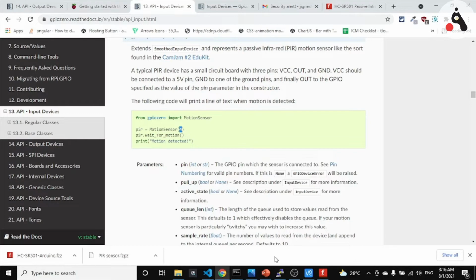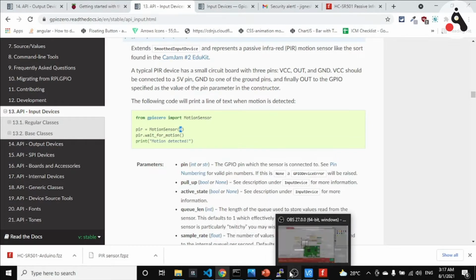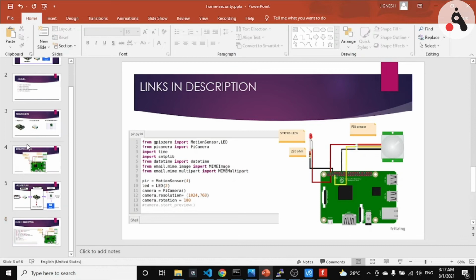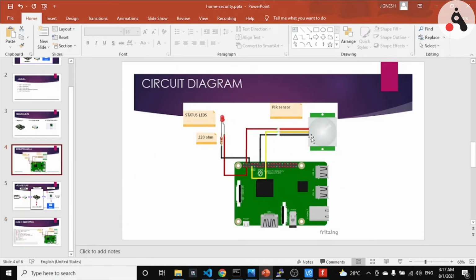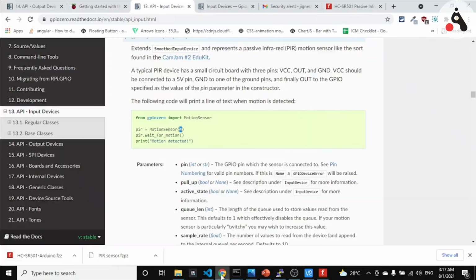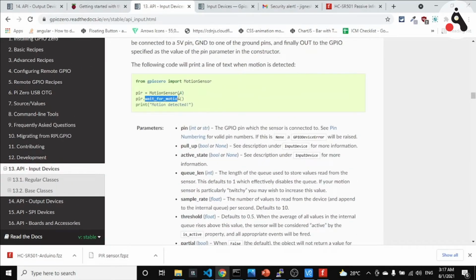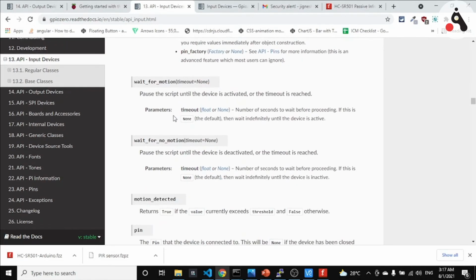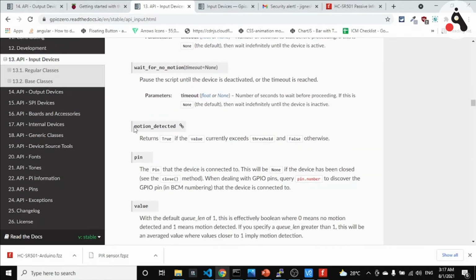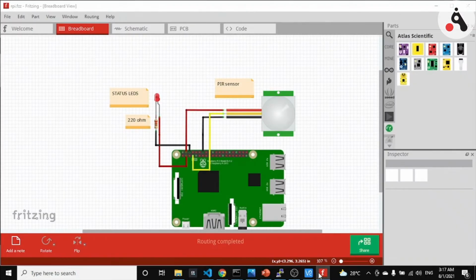Let me show you the circuit diagram, and we can understand from that we have connected it to GPIO 4. That's why we are passing GPIO 4 as the argument here. There are a few methods present, like wait for motion and others, but we are only using motion underscore detected. So let me show you my sketch.